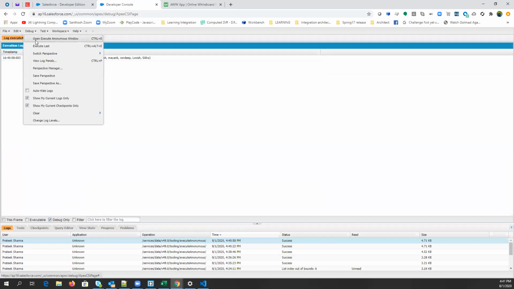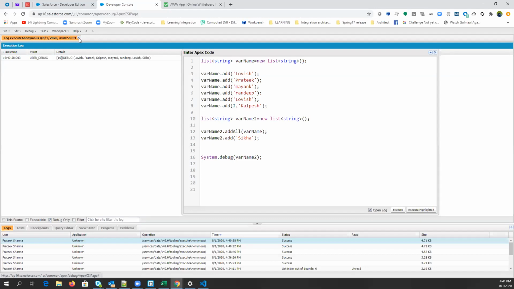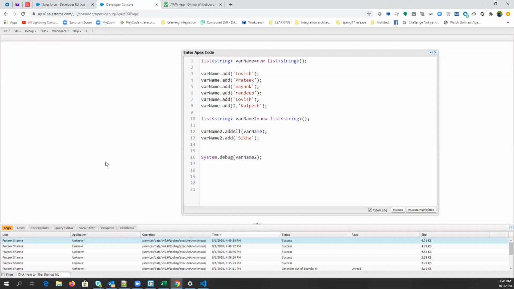Clear, guys? I have a question. If we have 3 to 4 elements in the second list, and we add them to the first list at a particular index, say 2, then first the list, then the third and fourth. We don't have any overloaded method of addAll in which we can pass the index. For add, we have an overloaded method in which we can pass the index as a parameter, but you can't specify the index at the time of addAll.